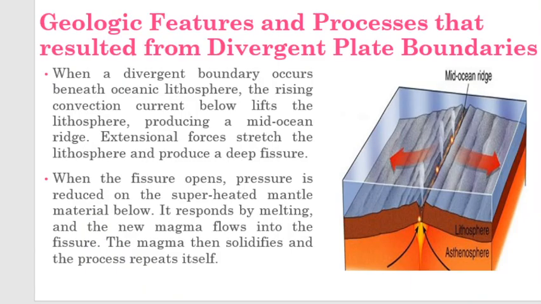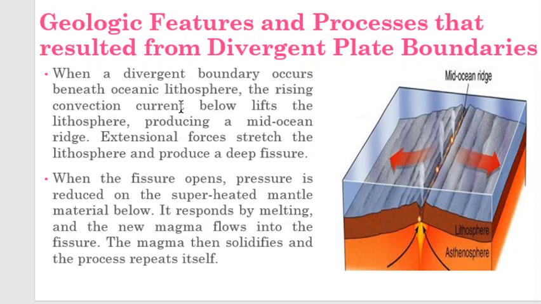So next, what about the divergent plate boundaries? What are the processes that take place in divergent plate boundaries? So we can see here in the picture that these two arrows are going on the opposite side, meaning they are moving away from each other instead of moving toward each other. Now, what would be the result of that